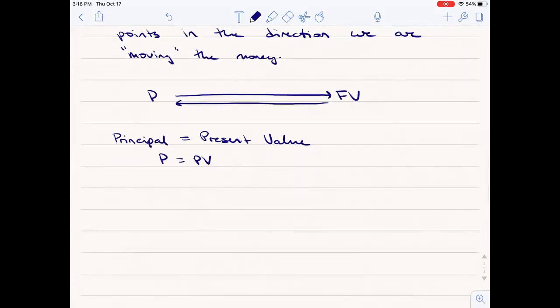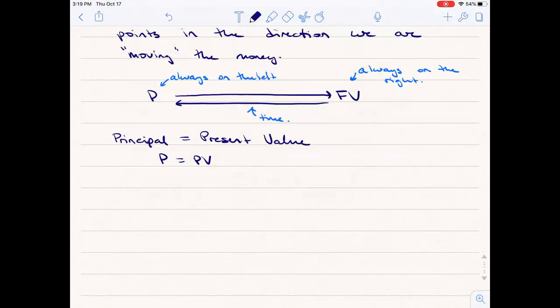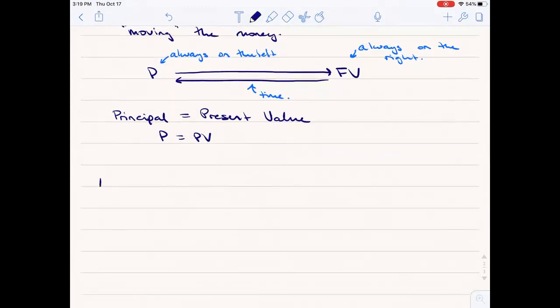Okay. So what I'll do is I'll put a little note here. Present value always on the left, and the future value is always on the right. And either way, the arrow represents time. So just a note,